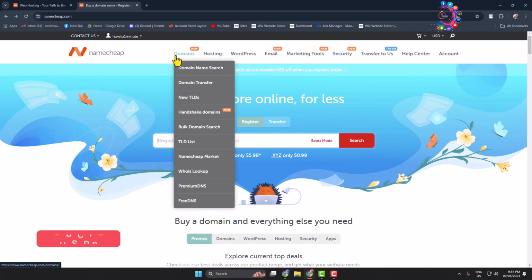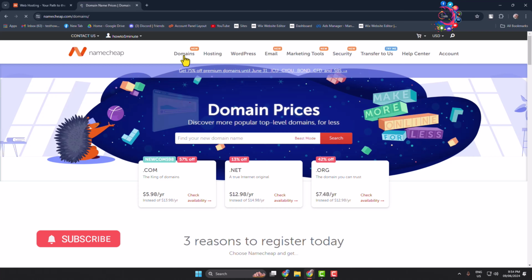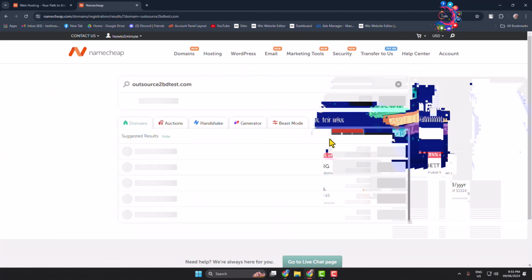So in this menu section, just click on domains, and now click on the search domain box and search for the domain that you want to purchase. And now we have to search the domain. So click on search and